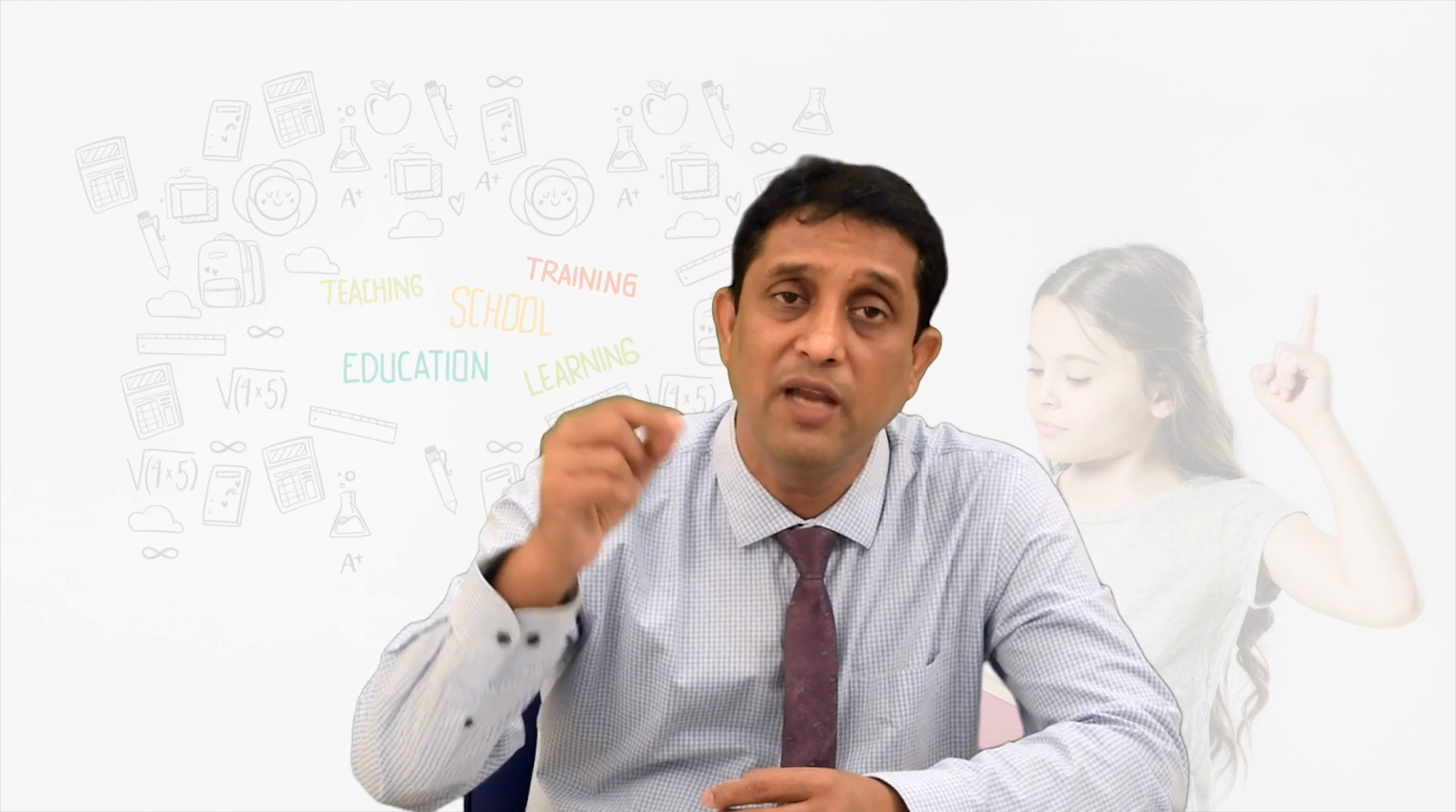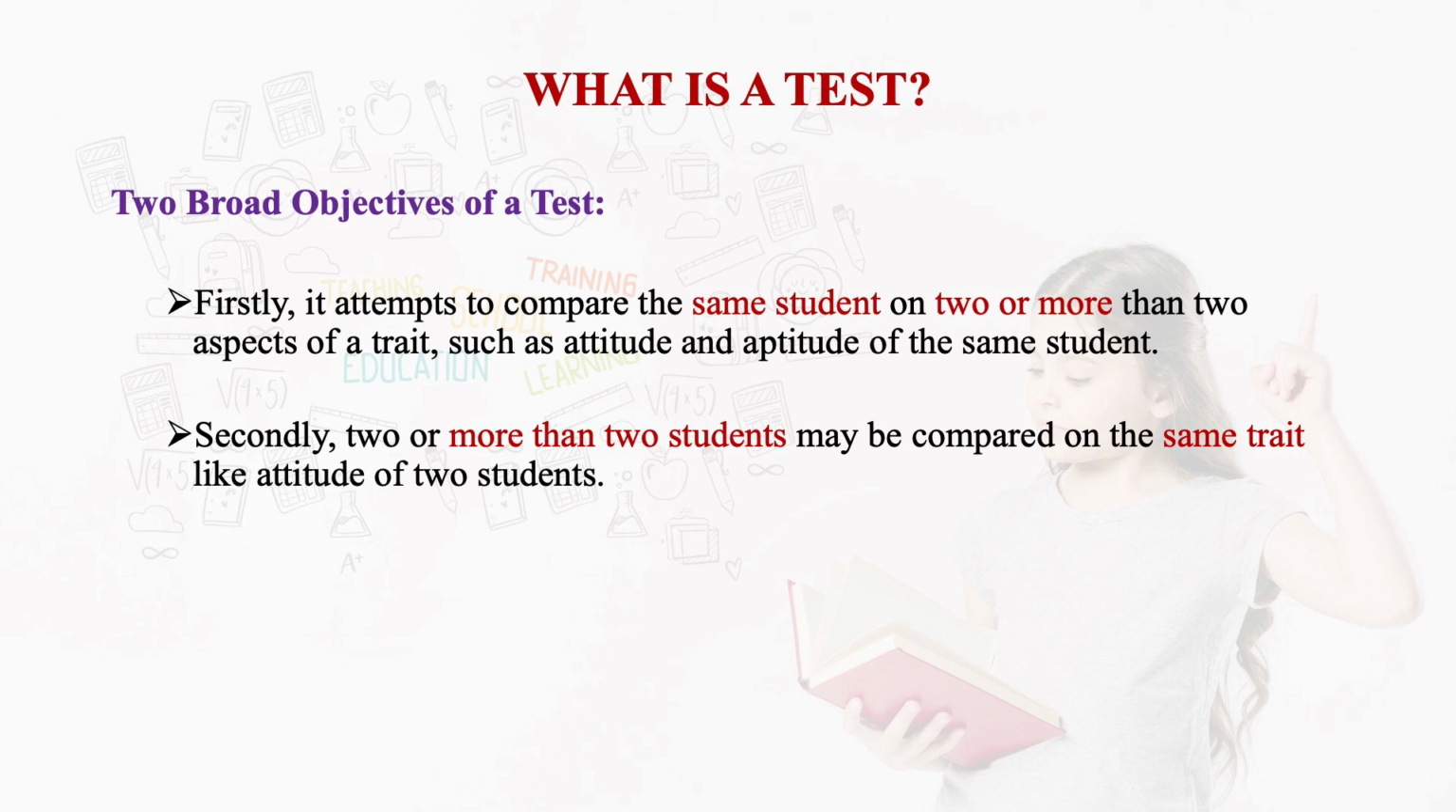So in result, you can say that student X has secured this much score in science, has a positive attitude towards schooling or towards the teacher, and the student has intelligence as well as other aspects also. So in a test, so far as its objective is concerned, different variables, different tests can be measured upon the same student. And secondly, two or more students may be compared on the same trait